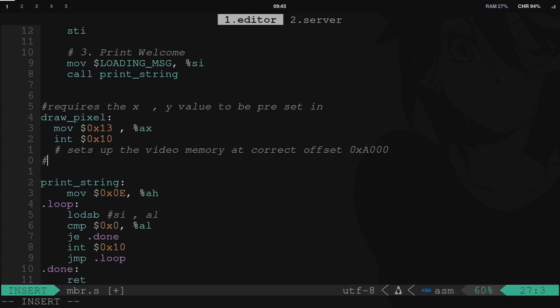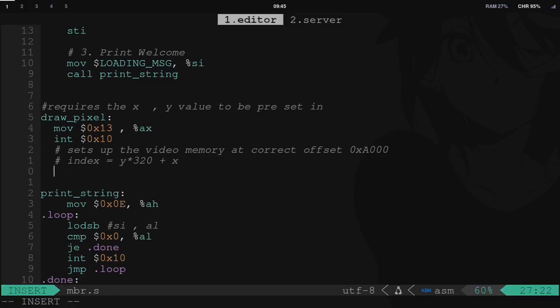Now we need to implement our basic maths. Okay, so the index formula was y times 320 plus x. Now this is correct, obviously. Let's go, and first we need to store this thing